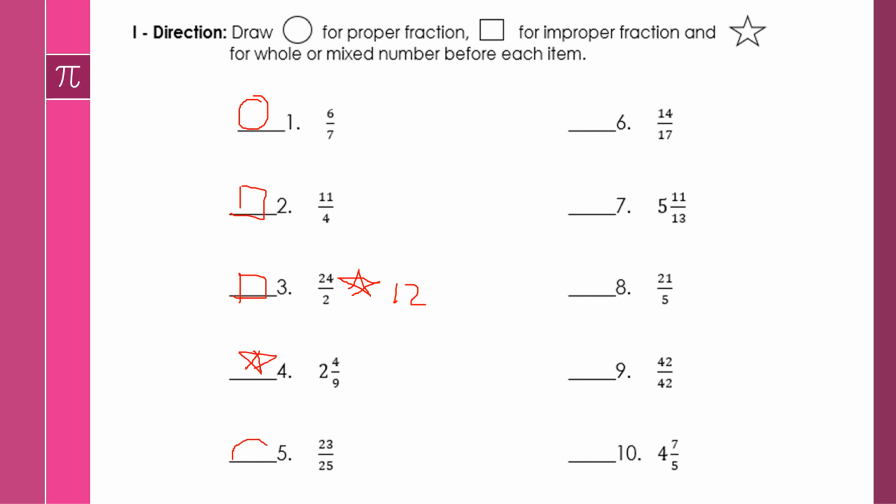This is circle, circle, star. Okay, this is square, star, and star. If you get it, no? For my dear grade 4, grade 5 students, this is very important, no?